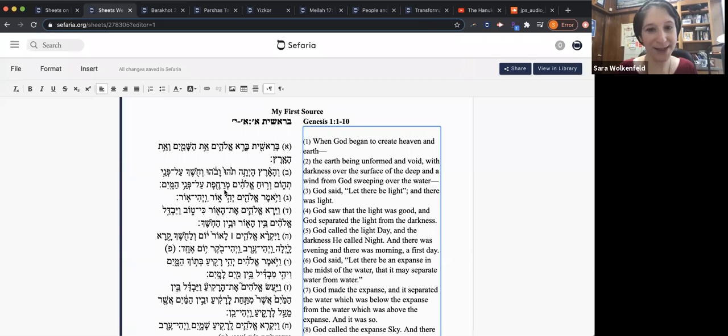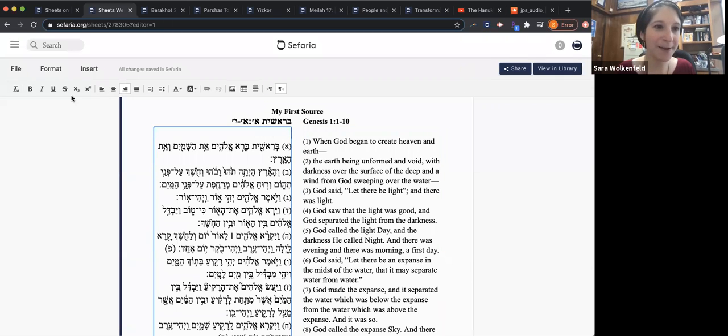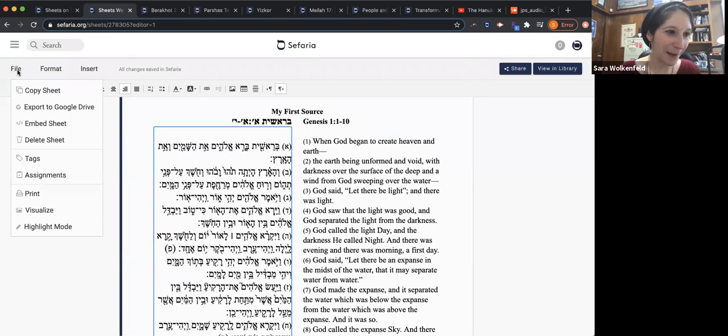And also when you click into the source and get that blue box, you'll see this editing bar, which is pretty standard for any kind of word processing platform. So it should be familiar to you, and lets you do things like add links and bold and colors and things like that that you might want to change about a particular text. And then finally, we have the file menu, which most of these things are going to be pretty self-explanatory. I particularly just want to draw your attention, though, to two of them right now.